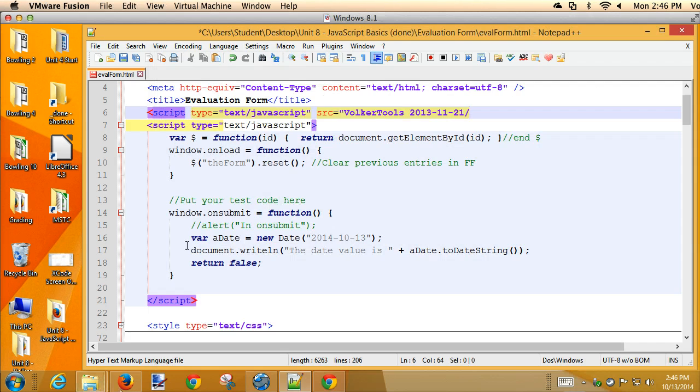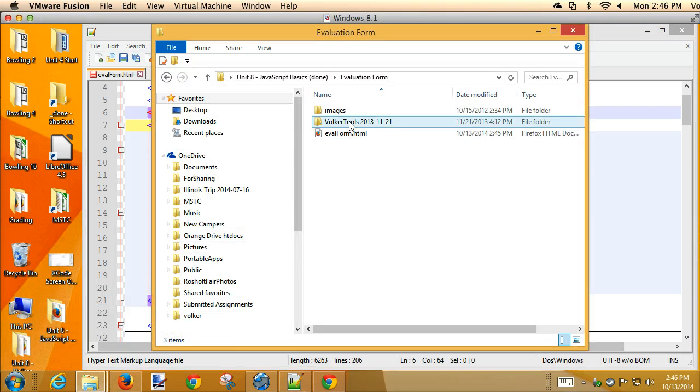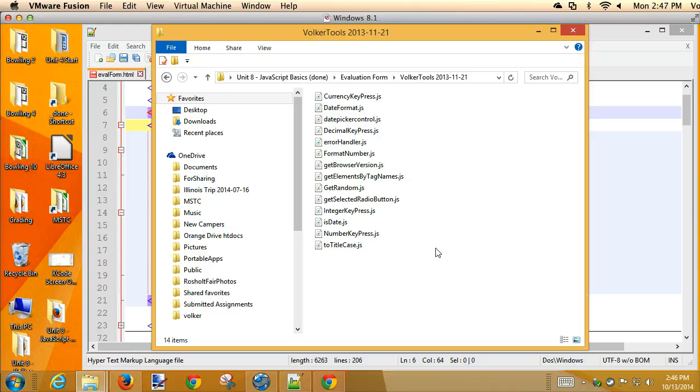Like what? Here's a bunch of JS files. Those are my tools. Instead of putting them all into one big Volker tools JS file that is hard to manage and hard to scroll through and hard to see, I've separated them out. What this also does is document which functions you are using. The downside to putting them all in one big file is that every time you want to use my isDate function, which is 4 lines long, basically, you have to bring in all this other stuff, and the key press events are huge, and some of the other ones are very large. And if I put them all into one big file,